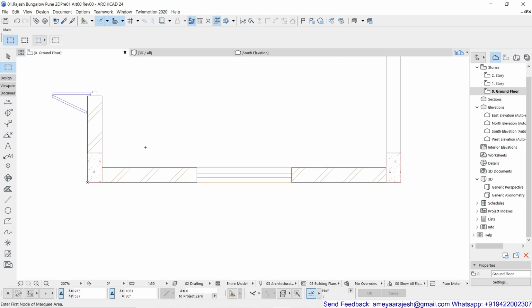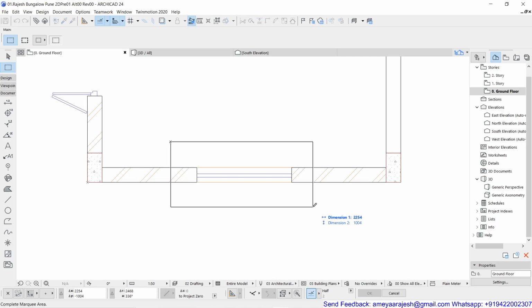According to that, I place the first node of the marquee area over here, and I'm going to complete the marquee in such a way that I want to move this window. So my targeted object is the window, which is going to be fully inside the marquee area, and the remaining area of the wall is going to be partially inside. So remember, selection of the marquee area is a very important task.